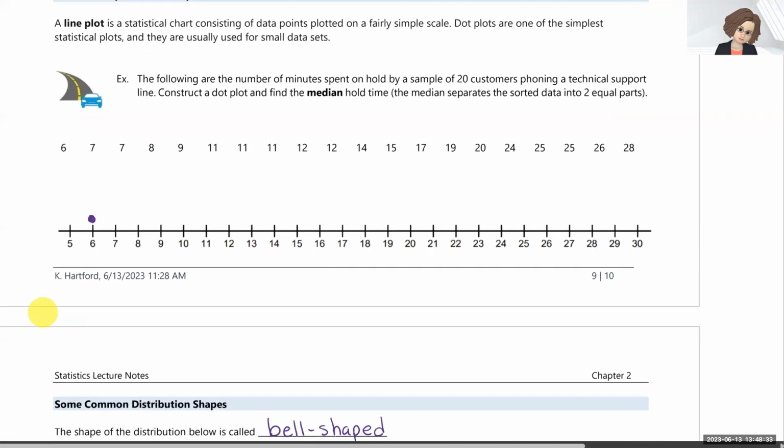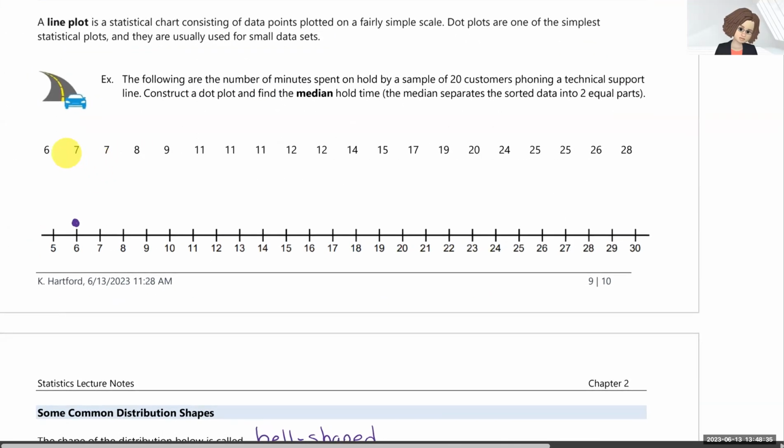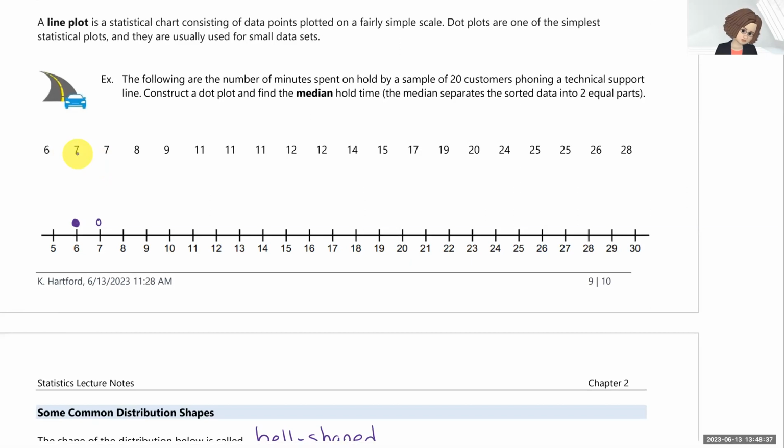Let's make this a little bigger. Okay, and then I had a person on hold for 7 minutes, we draw a dot. And then another person on hold for 7 minutes, we draw a dot. And basically, you just stack the dots when we have repeats. So then I have an 8, a 9, and then I have 3 11s. So it'll be 11, 11, 11, and then 2 12s, 12, 12, a 14, a 15,